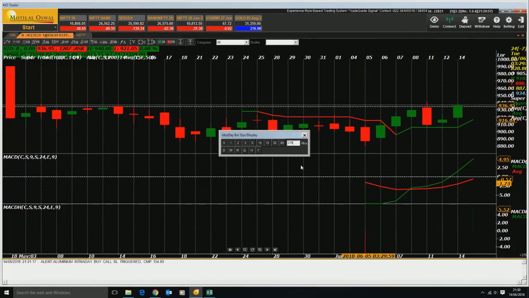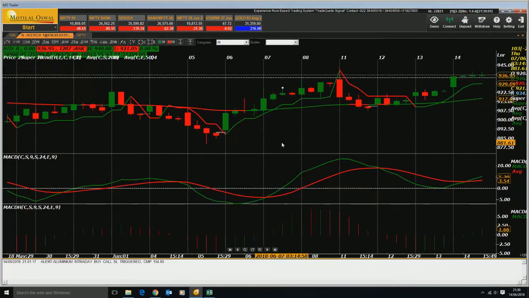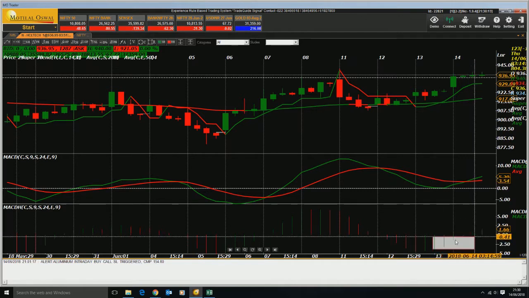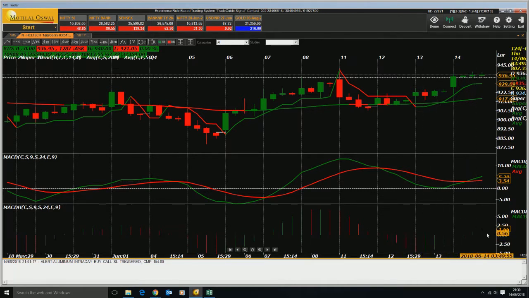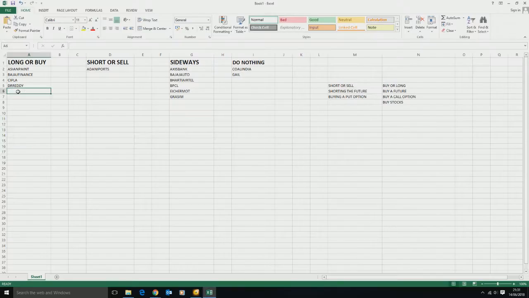Now I go to my 120 minutes time frame, and yes, my 120 execution time frame is also giving me a buy entry, right? Where I do have a crossover here, and I'm also supported by this MACD histogram. So HCL Tech is a buy with a target of roughly around 980. So for me, HCL Tech is long or buy,